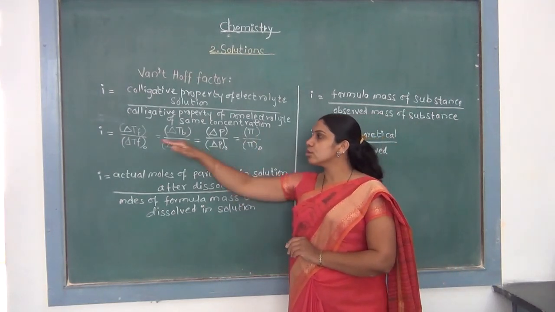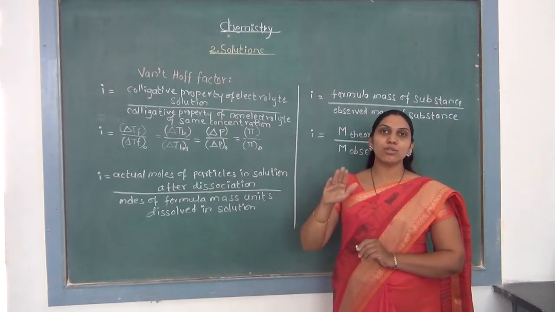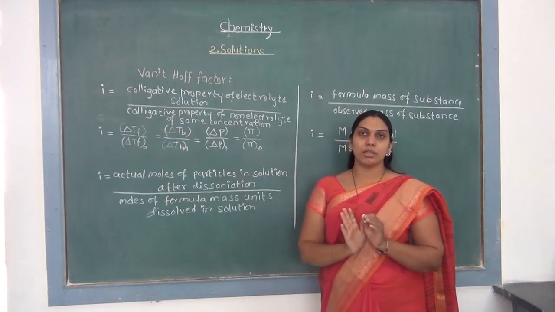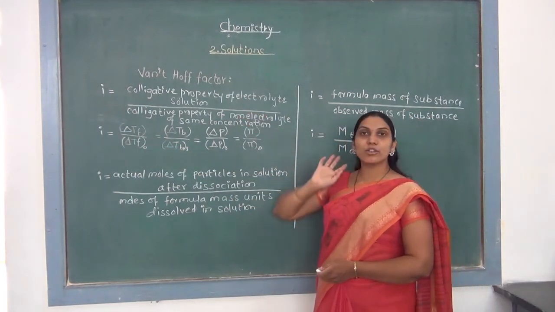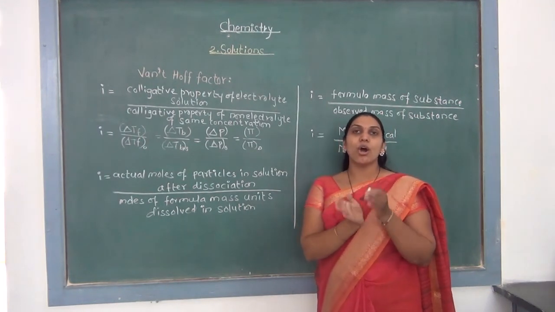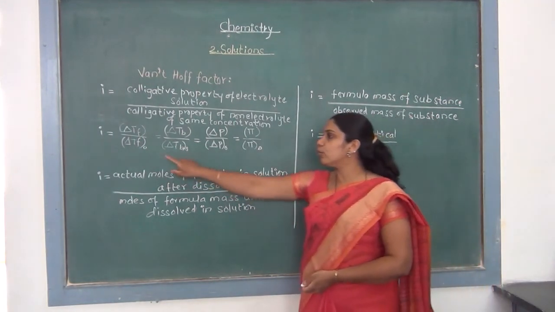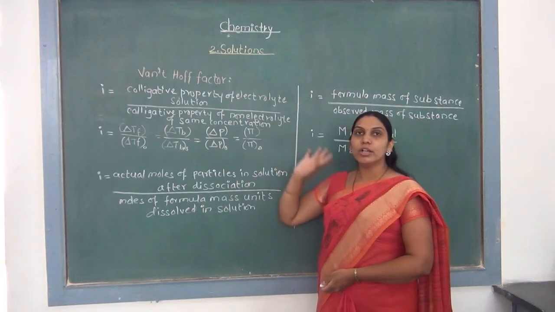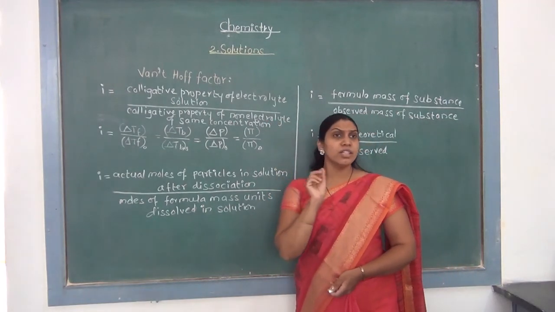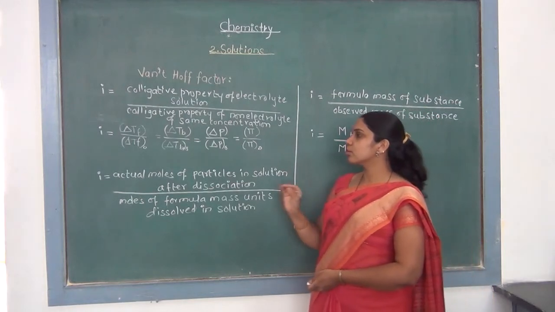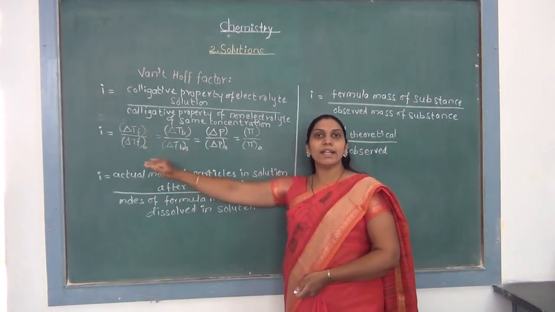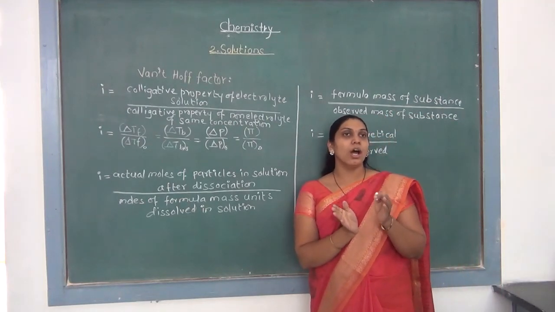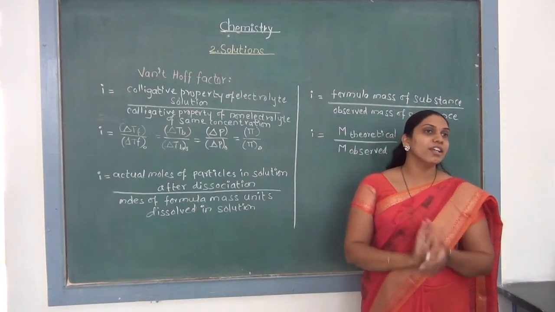Here, the values without subscript, which are given in the numerator, are the colligative properties of electrolyte solutions, and the colligative properties indicated with subscript are called the colligative properties of non-electrolyte solution. But you must remember that the solutions of electrolyte and non-electrolyte must have the same concentration. You cannot compare the two solutions of electrolyte and non-electrolyte which have different concentrations.